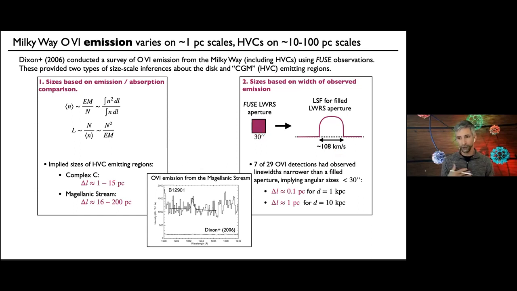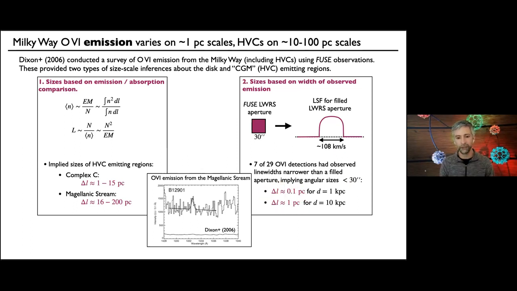And so if you make some calculations to say, well, what fraction of the aperture would have to be filled in order to get the lines as narrow as we see them, they come up with some extremely small size scales. So if the typical size scale they measure is something like 20 arcseconds across instead of the full 30 arcseconds of the beam, and if you think that gives you the full size scale of, say, a 20 arcsecond or so size for the O6 emitting regions that they're viewing, these can potentially correspond to some very